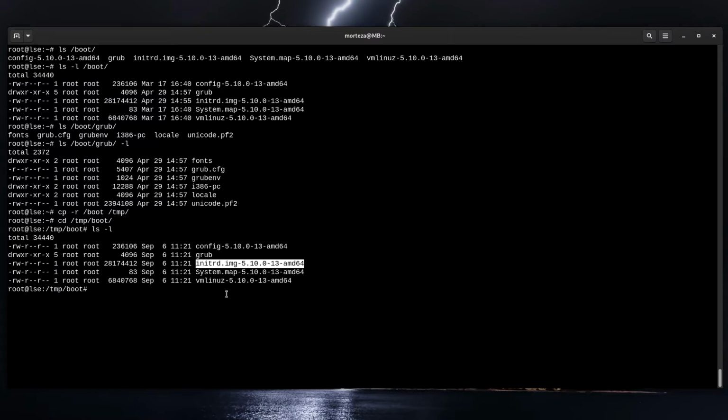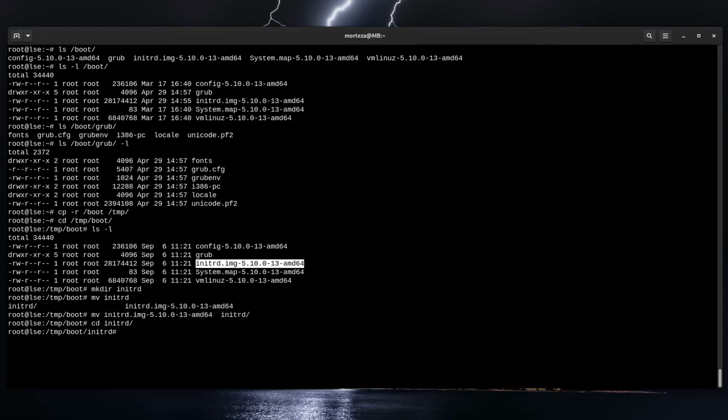Actually, this initrd file looks like a small and light Linux with very basic tools, and I wanted to open this file and see what's inside. To do this, I create a temp directory, initrd for example, and I move my initrd file to the initrd directory,